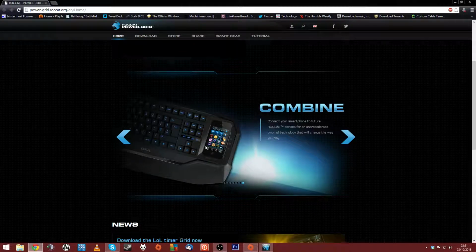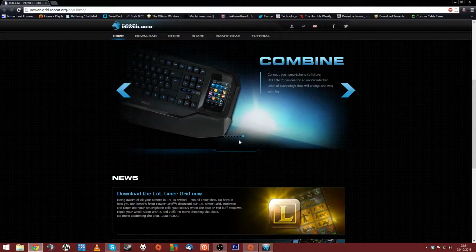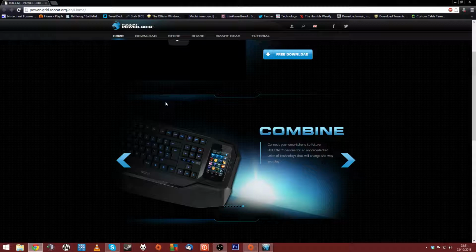But it does look like it's supporting iOS, so this is going to be an iPhone dock. So quite possibly not going to support Android devices. We'll soon find out. Via the website here, you have obviously